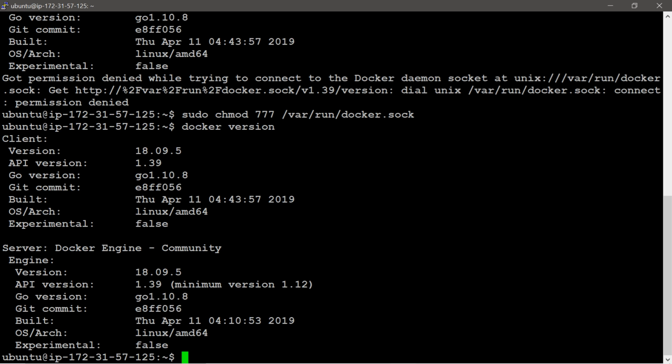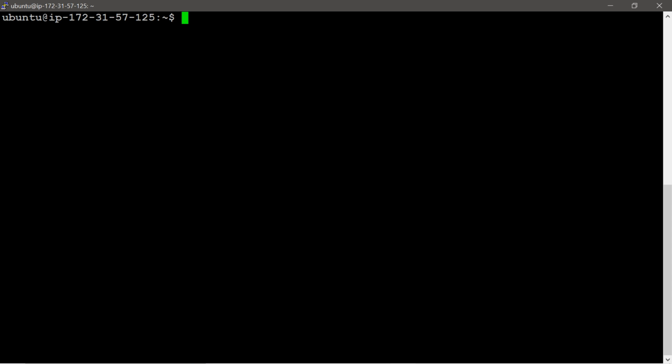I will clear the screen. The command is sudo usermod -aG docker, where docker is the group name, then $USER, so the user will be added to this Docker group, and I will give the enter.